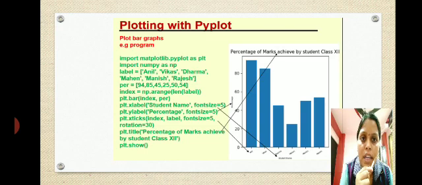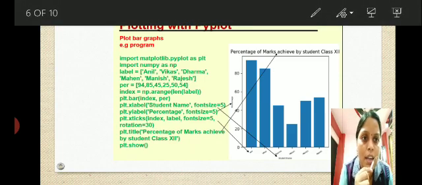Create the index. Now plt.bar: this particular function is going to create the bar chart. Right now we are creating bar graphs. With plt.bar we plot index, and what is the index we saved here? Index we saved as np.arange of len of labels. That means all the labels we have set as the index, which is on the x-axis, and on the y-axis we display all the percentages. In this way you can create it, or you can simply write plt.bar, pass labels comma percentage, and the same diagram will come.